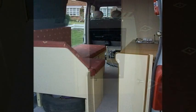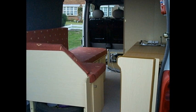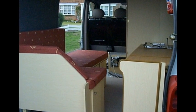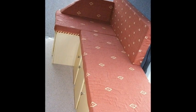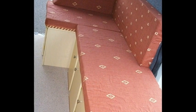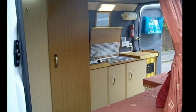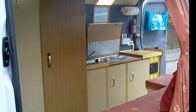So there we have almost the finished thing. Don't forget, this was the Mark 1 version. This wasn't the one I've got today, but that was the very first almost experimental layout, because to be honest, I was making it up as I was going along. I didn't really know what I was doing, and the subsequent changes that I made, all of the things that I learned by using this one, I incorporated into